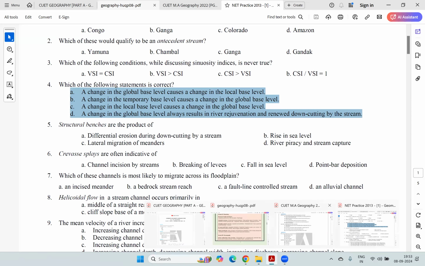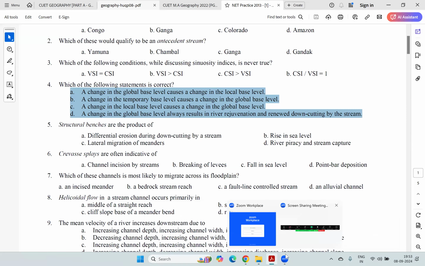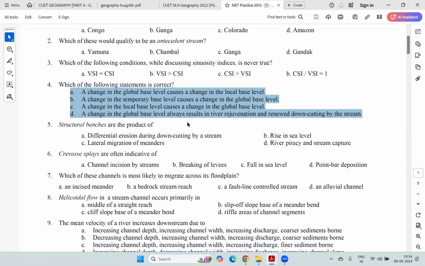It's quite strange because rejuvenation হওয়া মানেই, মানে বেস লেভেল চেঞ্জ হওয়া মানেই যে রেজুভিনেশন হবে তা নয়। বেস লেভেল ফল করলেই রেজুভিনেশন হবে, বেস লেভেল রাইজ করলে তো রেজুভিনেশন হবে না। Alright, so that is why 'always' was written there. Okay, so you have to be very careful, right? Okay, many a time these MCQ questions will try to trick you। ওকে, তোমাকে একটু ফাঁদে ফেলার চেষ্টা করবে।